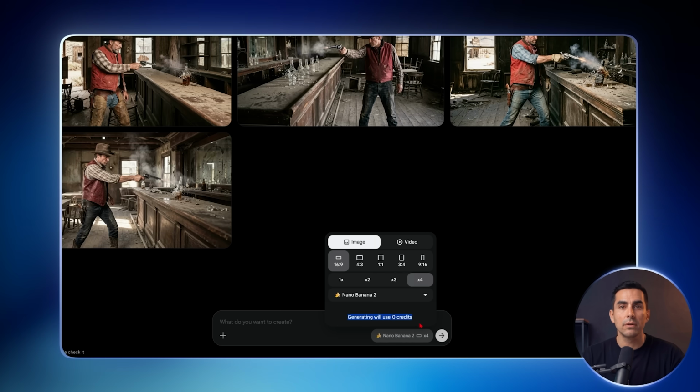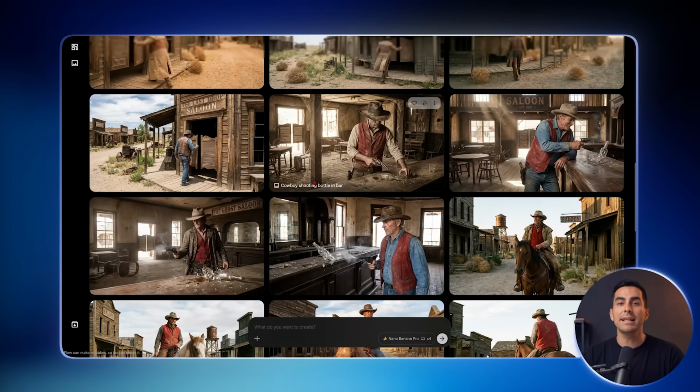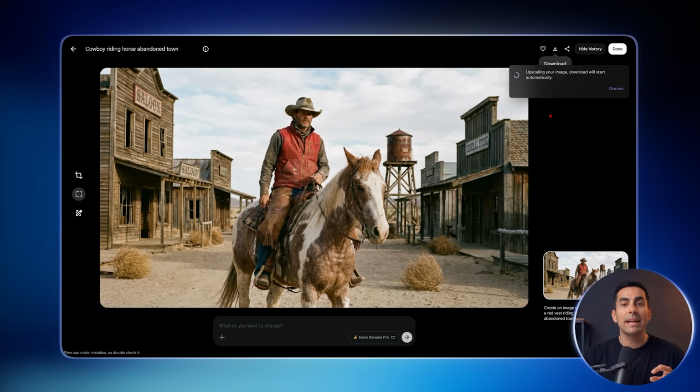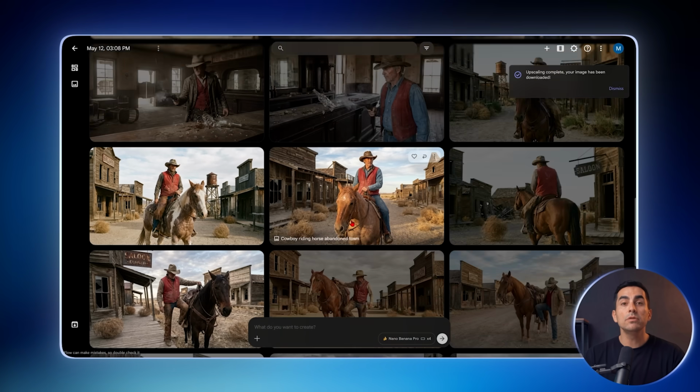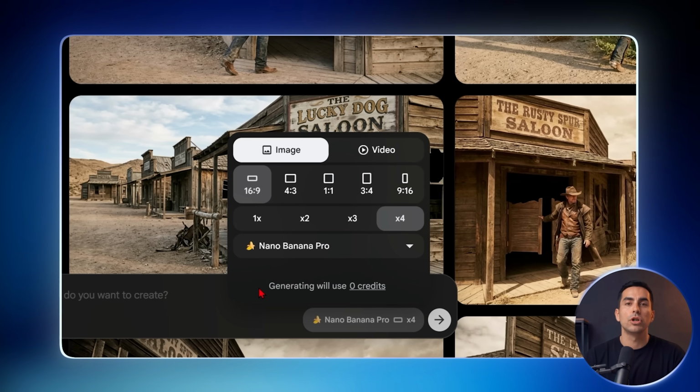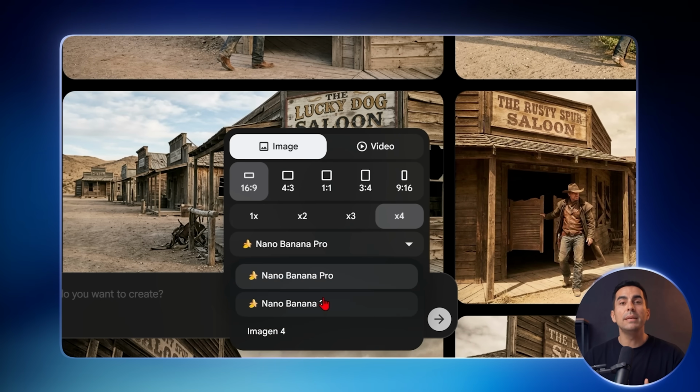Before building the real video, I tried to break the limit. I generated images again and again, downloaded them, checked the files, and Flow never asked me to pay or wait. The images came out at good quality, with no visible watermark, and the counter still showed 0 credits. So Flow became the base.